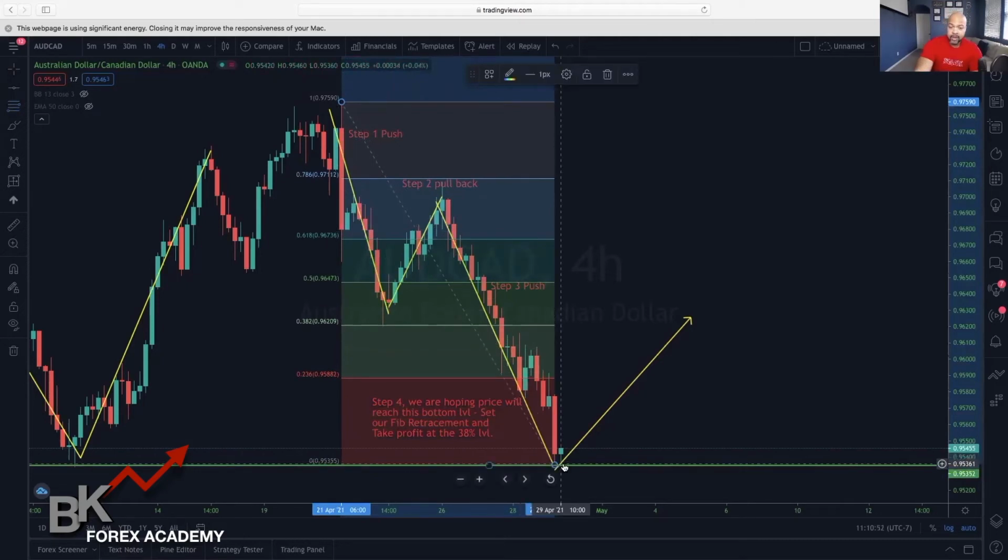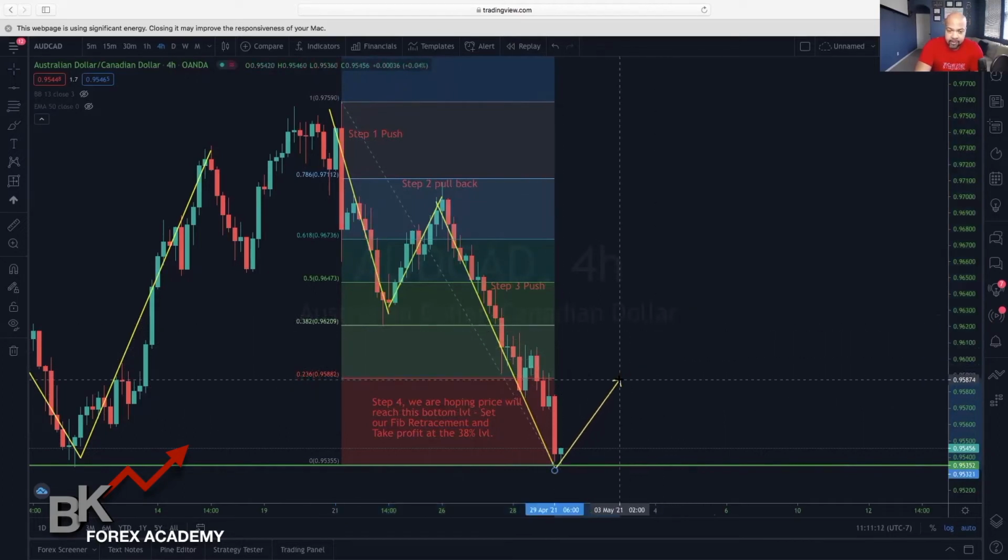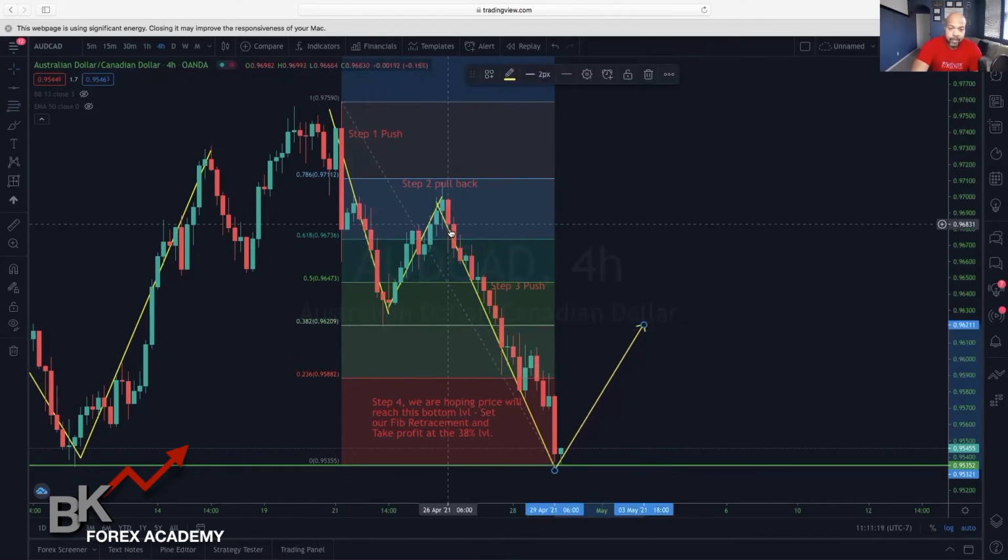So we're going to actually do a buy limit here, but where are we going to take profit? So you can take profit at any of these levels. So we see that there is a lot of indecisiveness in this area right here. It took multiple hours before it pushed to the downside. So we know that price can stop at this first level at the 23% level, even the 38% level here. Because when you have a strong push like this, the pullback can be just as strong or stronger than the